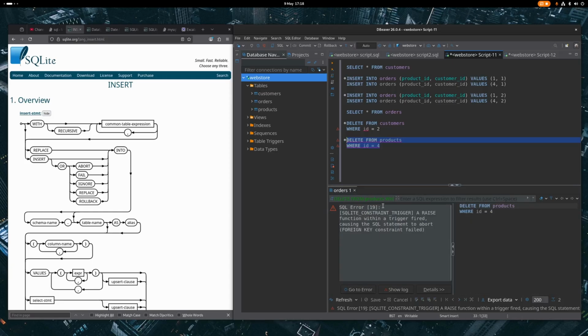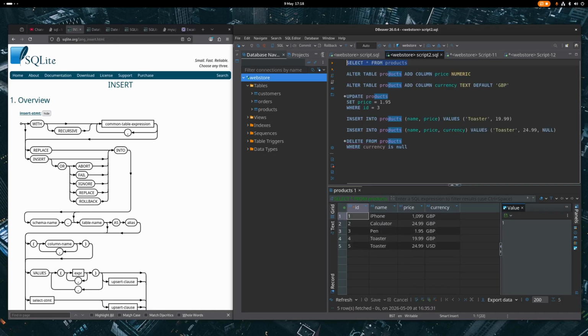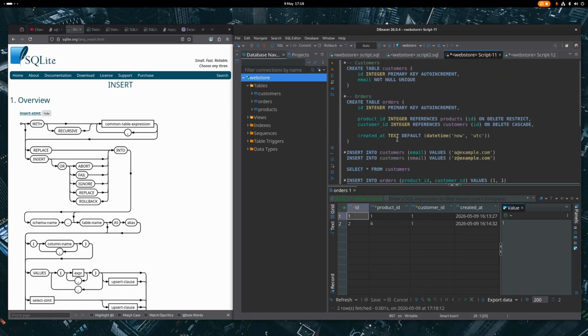SQLite constraint trigger, a raise function within the trigger fired, causing the SQL statement to abort. Let's have a look at our orders. They're still there. Let's have a look at our products. They're all still there as well. And what's happened is this ON DELETE RESTRICT foreign key constraint has restricted us from deleting that product in